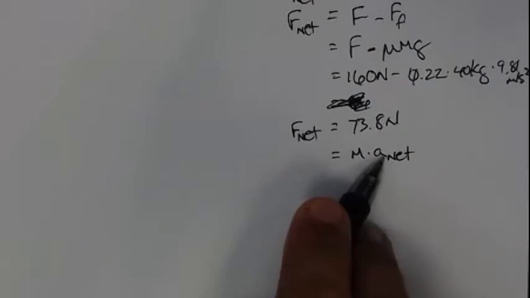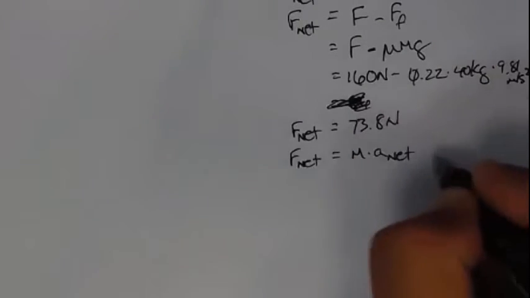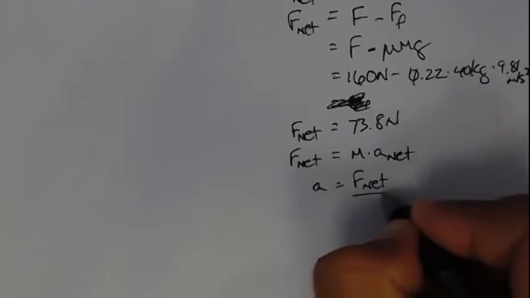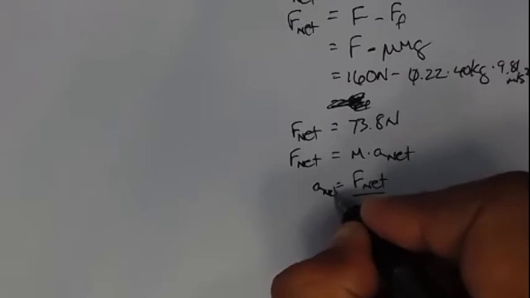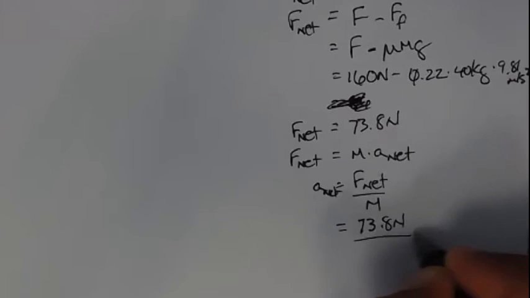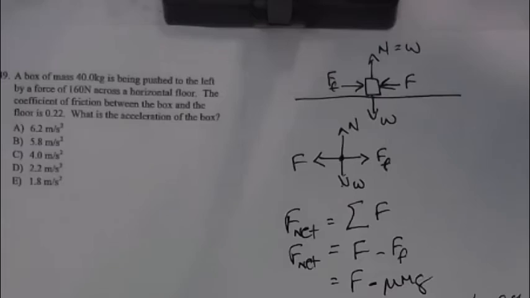Now we want to know the acceleration. The definition of a force is its mass times its acceleration, which in this case is the net acceleration. So if we solve this for the acceleration, we get that it's F net divided by the mass. If we put that in, we get 73.8 newtons divided by 40.0 kilograms, and that comes out to be 1.8 meters per second squared, which is